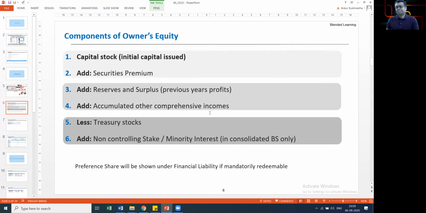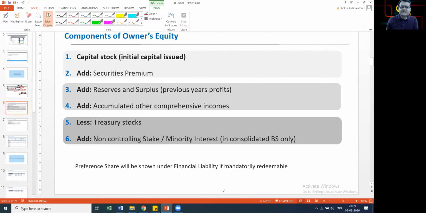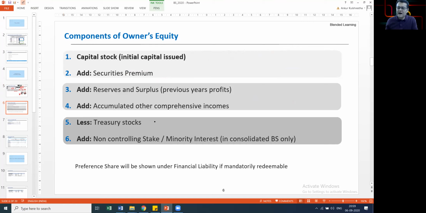You may not find these in every company's balance sheet. Now there is a logic behind it. Point number 5 is very similar to something called buyback. Now you know what the buyback is. Return of capital. So basically the company is paying out cash. So cash goes down and share capital goes down because the membership ceases to exist thereafter.